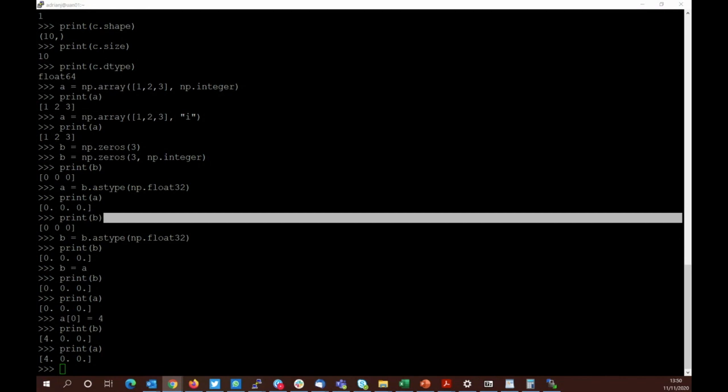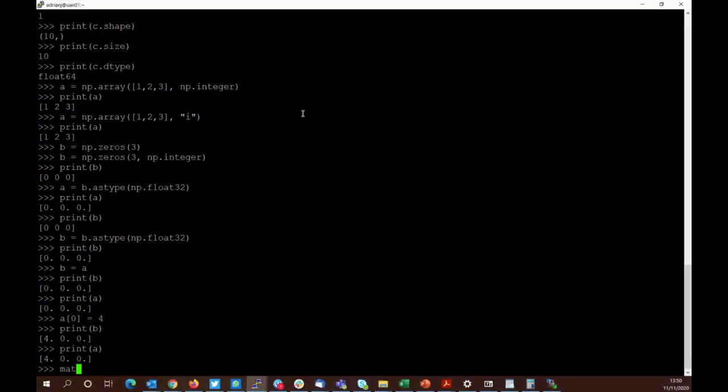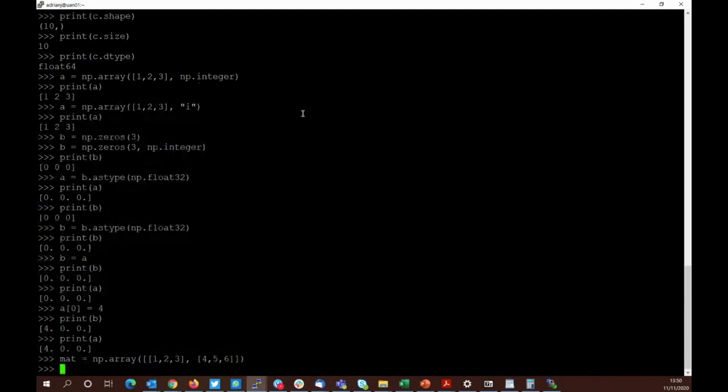Okay, so we've done single-dimensional arrays, and we've done how you play around with the arrays a little bit. What do multi-dimensional arrays look like? Well, as an example in the web page, we can say mat. The idea is it's a matrix, more than a one-dimensional array, equals numpy.array. You can see here we're now using nested brackets, in the sense that each of my dimensions is defined by a set of square brackets, and then there's a set of square brackets which contain the whole thing. And then again, if I print this out,